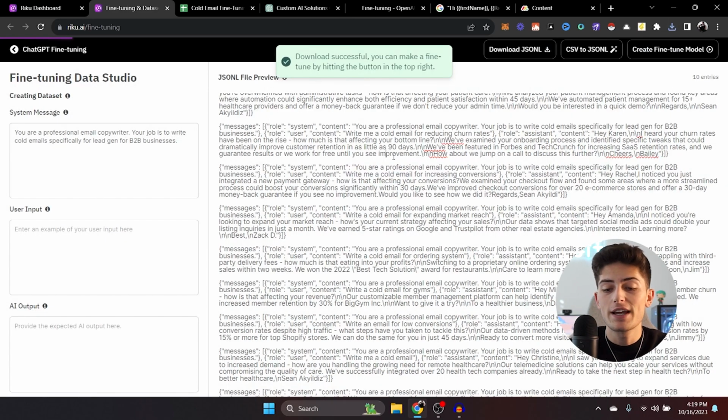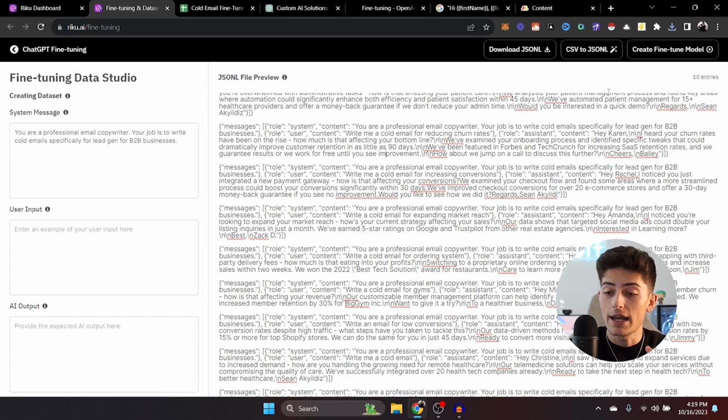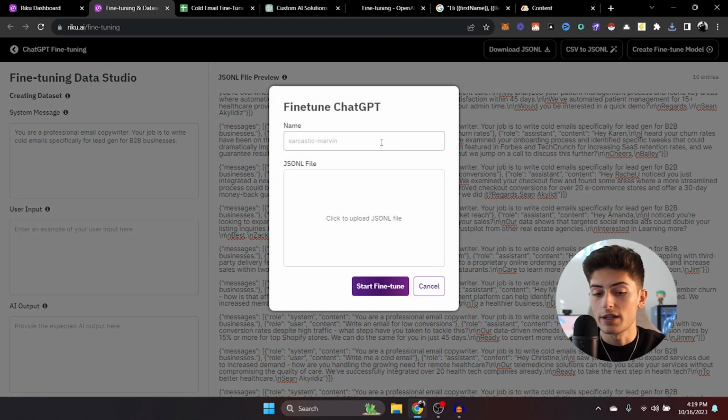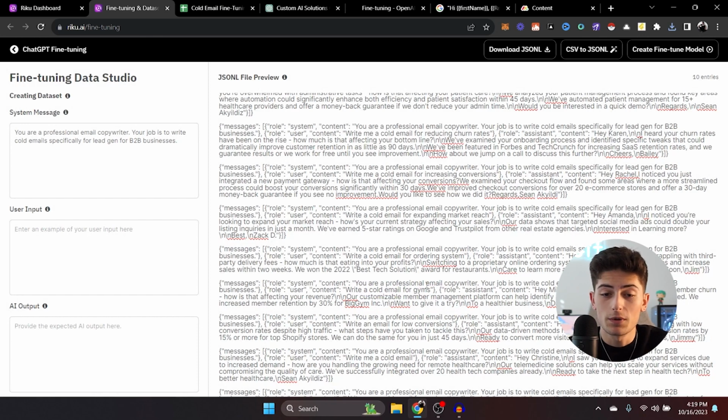Now from here, there are two ways that you can go about doing this. You can either click on create a fine-tuned model right here. It'll ask you what the name of it is. You just put that in there. You can upload your JSONL file. Now, sometimes this is a bit hit or miss with Riku. Sometimes I don't get the fine-tuned model ID back. So that's an issue. Alternatively, what you can do if you don't want to do it right there